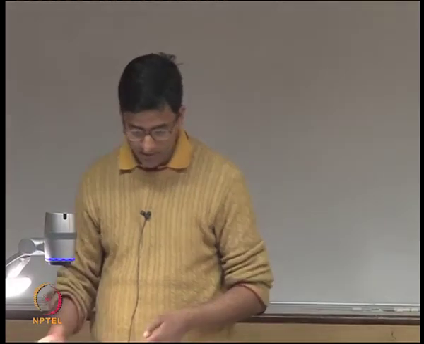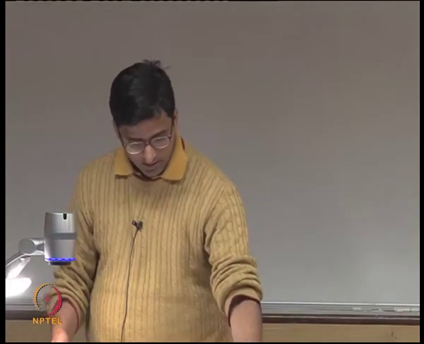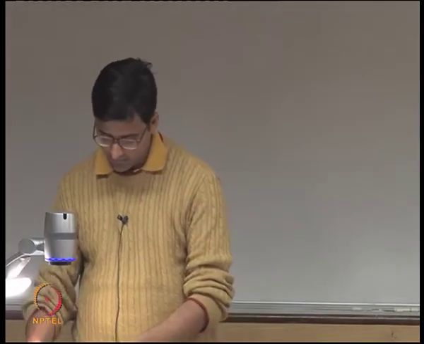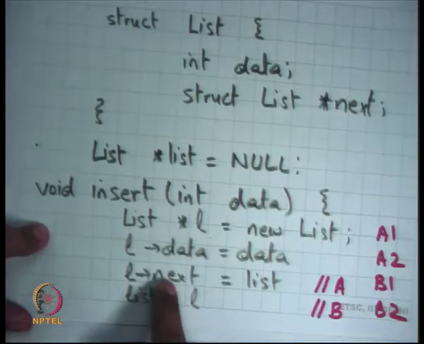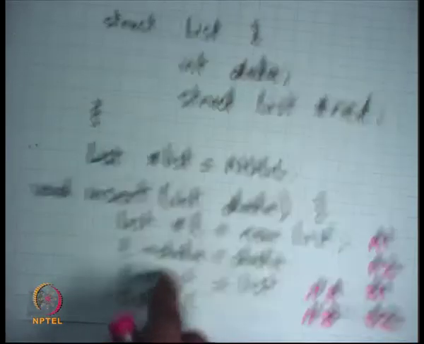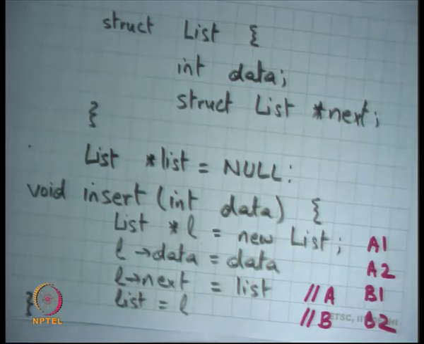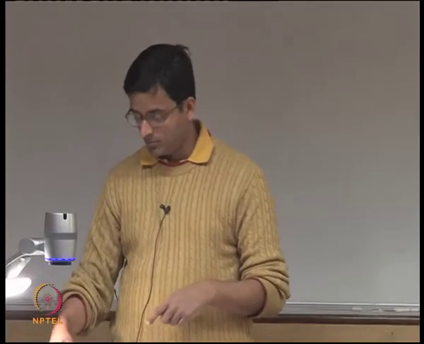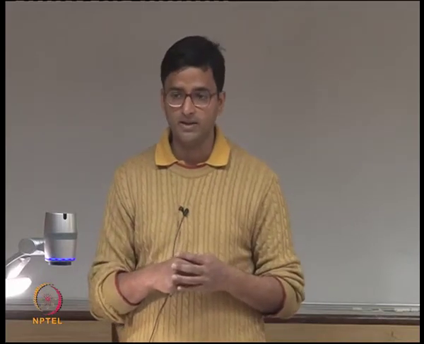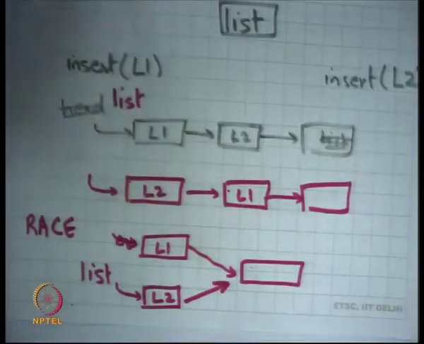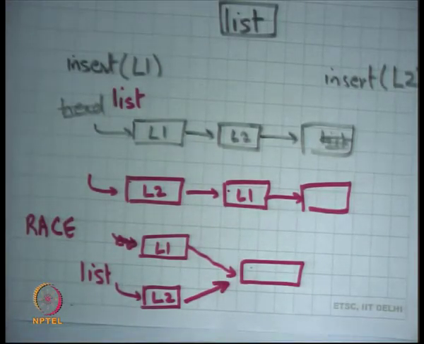One way to achieve this would have been that I somehow ensure that while one thread is in this code, no other thread can enter this code, right. That's one way to ensure that. Okay. If you could ensure that, then the programmer can write his code just like he would write any other serial code, and his code will still be correct. Okay. So this is similar to anything else where you have computation on shared state.